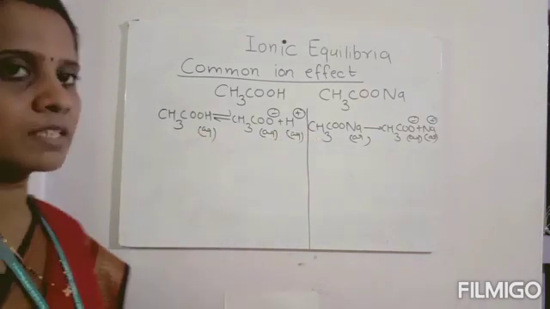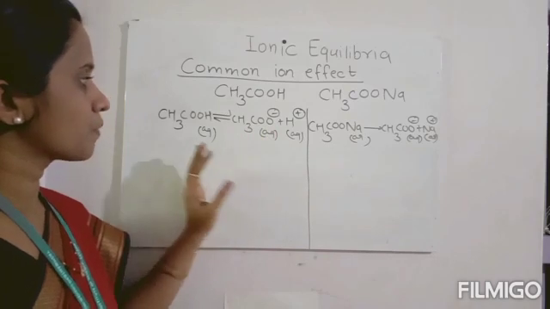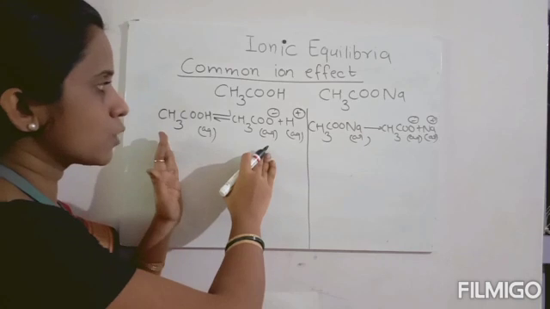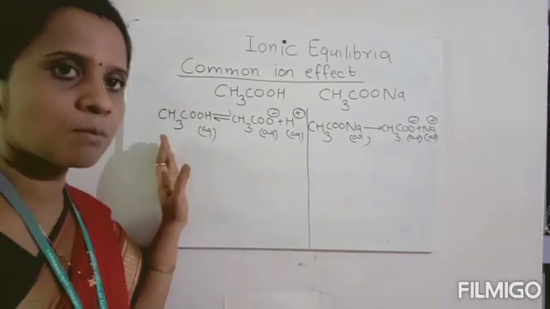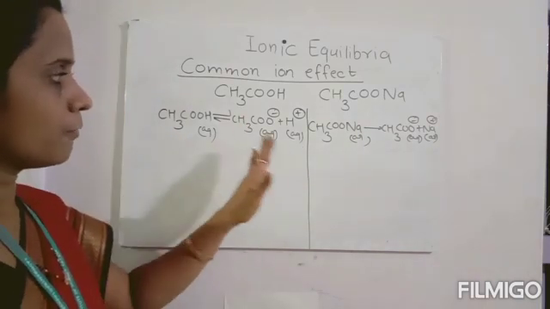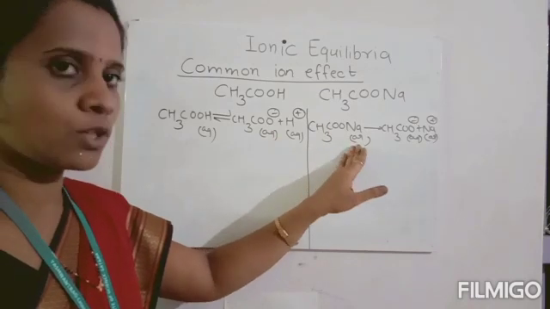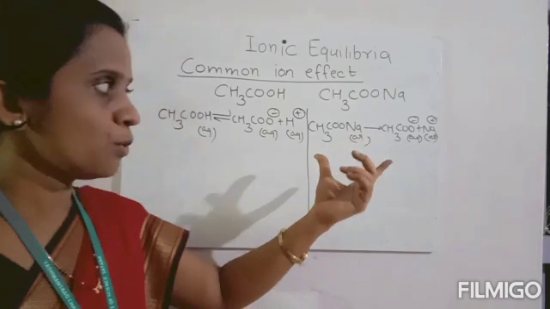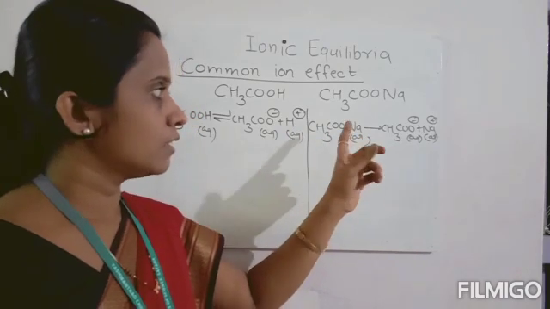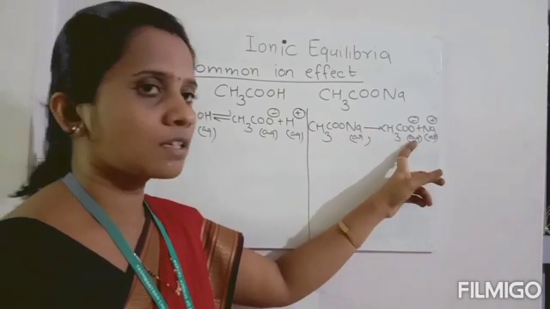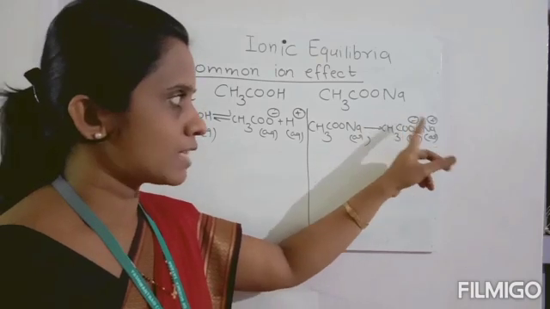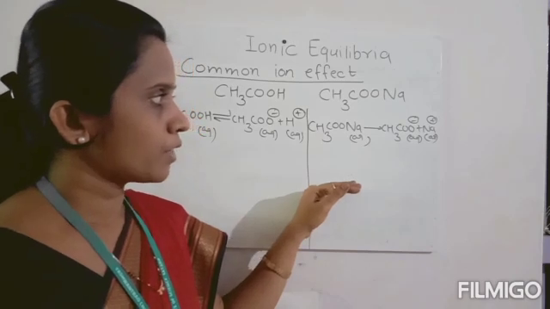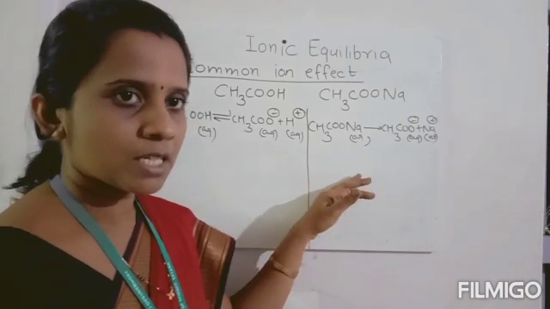Now what is explained in common ion effect? This is a weak electrolyte. It is dissociated, but the dissociation is partial dissociation when a strong electrolyte is added to this solution. Now due to strong electrolyte, it will dissociate completely to give acetate and Na plus ions. Now, according to Le-Chatelier's principle,